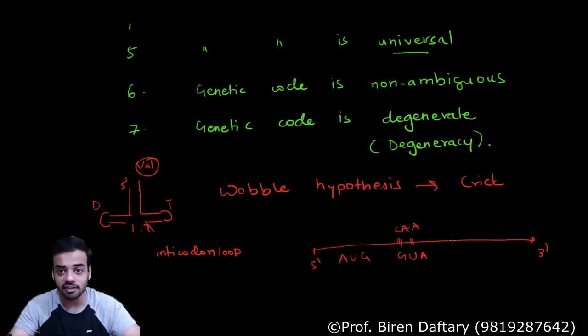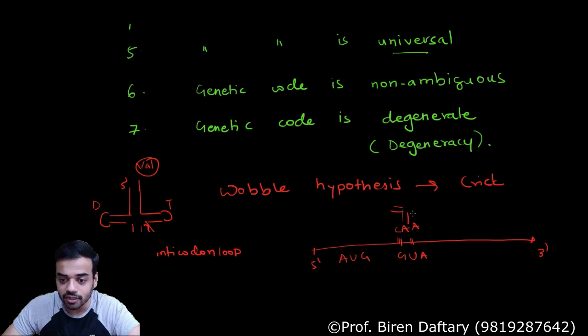Imagine there is a chair. The chair has 4 legs, and out of the 4 legs, one of the legs is slightly loose. If you sit on the chair, what will happen? The chair will not fall, but it will shake. Because this third bond is not present, because of these two bonds, the tRNA will still remain attached. Okay, this is the tRNA which I am drawing. This tRNA will still remain attached, but it will shake.